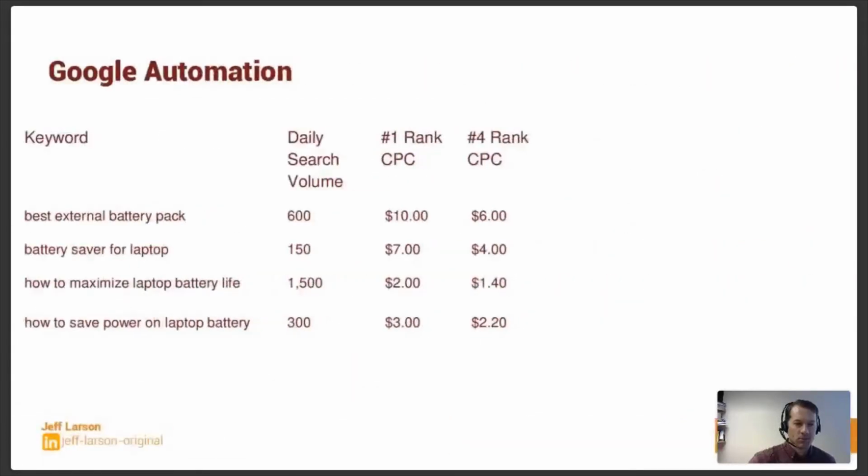All right. So on Google Automation, I've given you these 4 keywords. This is the daily search volume as well as the cost that it would be to rank in number 1 or number 4 position. And I want to walk through what is the automation going to do for us. Well, to know what that automation is going to do, we need to know more than just the cost per click and the daily search volume. We also need to know,